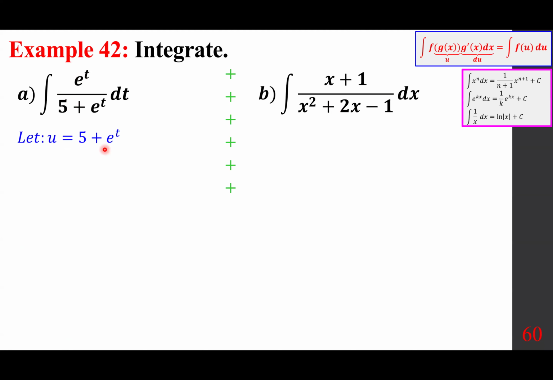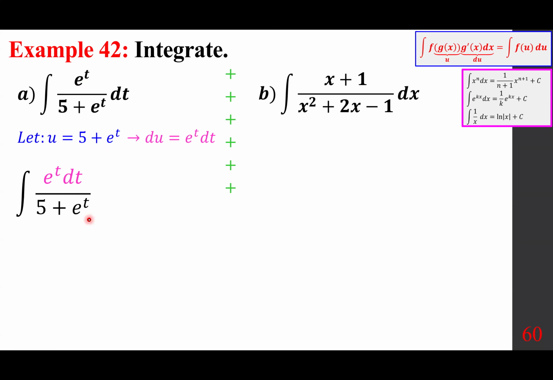If you differentiate, du/dt becomes e to the power of t, therefore du is e to the power of t dt. We put the dt next to e to the power of t, so it becomes clear that we have du